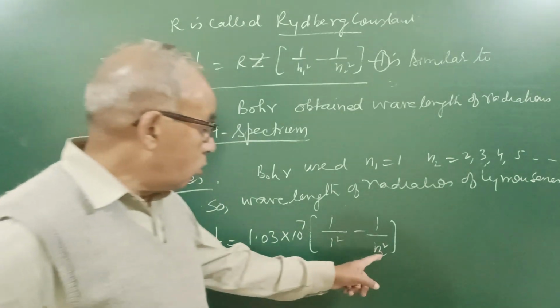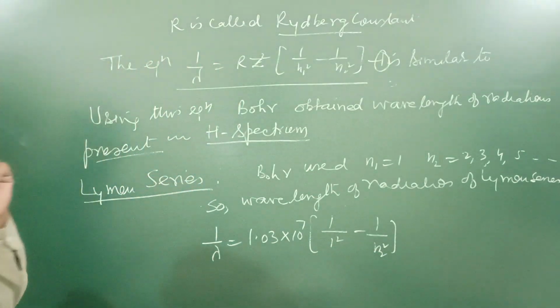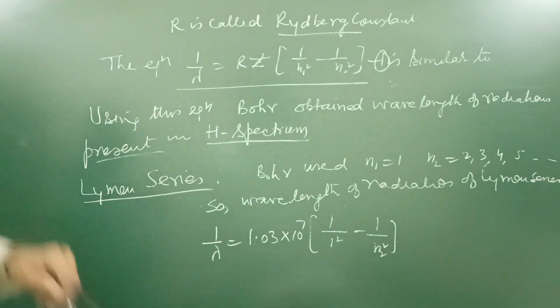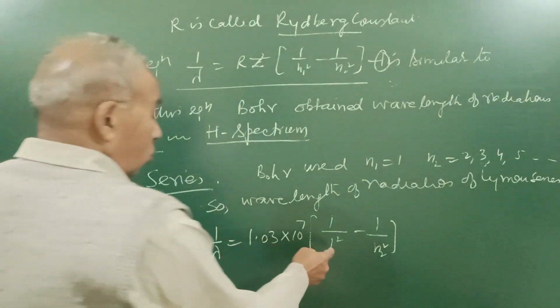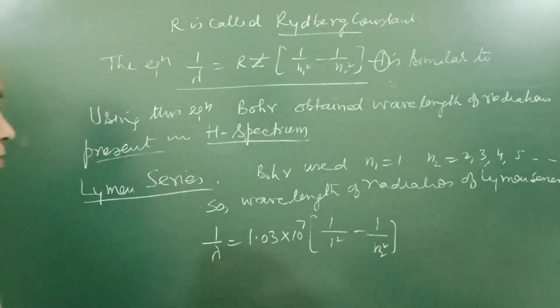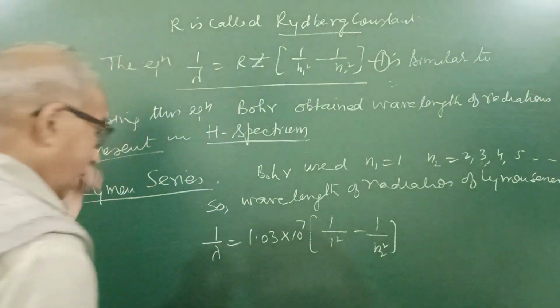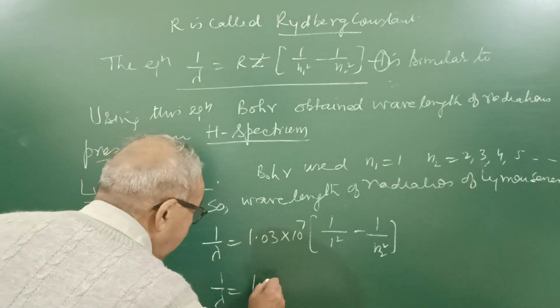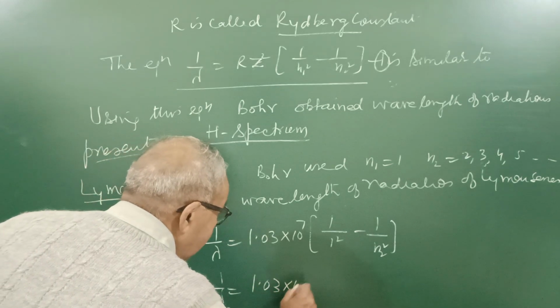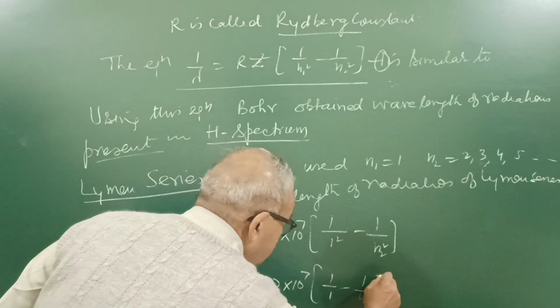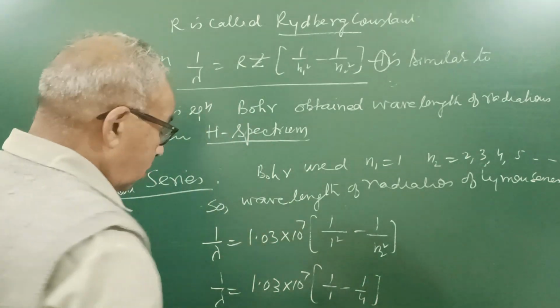Putting n2 equal to 2, he got the longest wavelength, with n1 equal to 1 and n2 equal to 2. So we put n2 equal to 2: 1/λ = 1.03 × 10^7 (1 − 1/4). So it becomes 3/4,